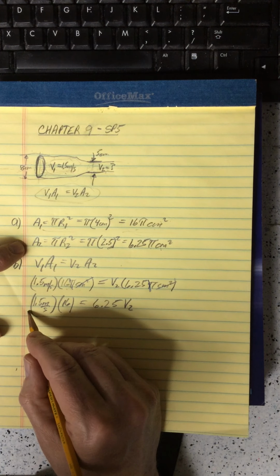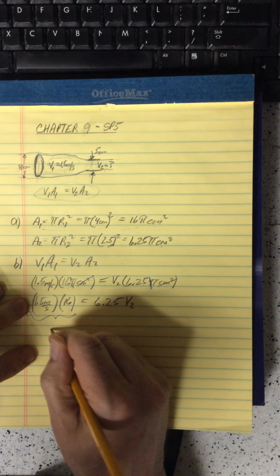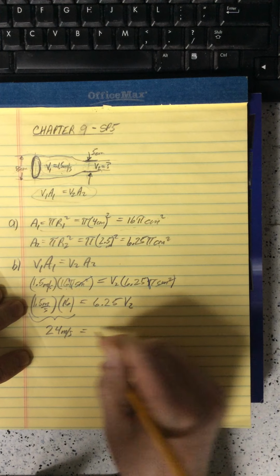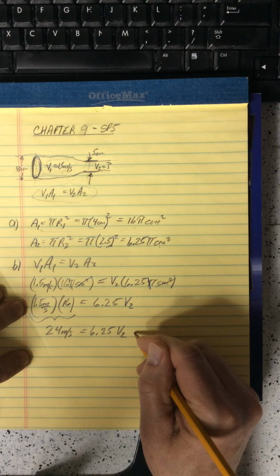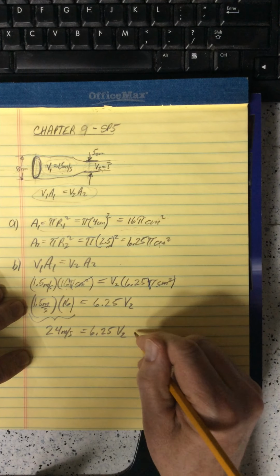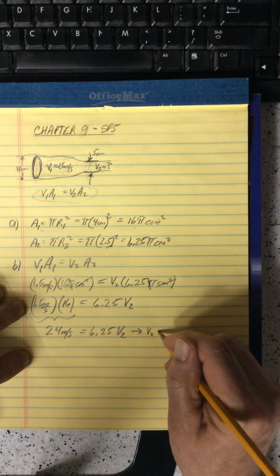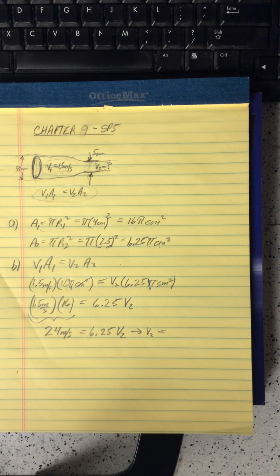Let's multiply this together. 1.5 times 16 is 24 meters per second, equal to 6.25 V2. Remember, V here is velocity. It's not volume. So V2, the speed in the smallest section, is equal to, dividing both sides by 6.25, 3.84